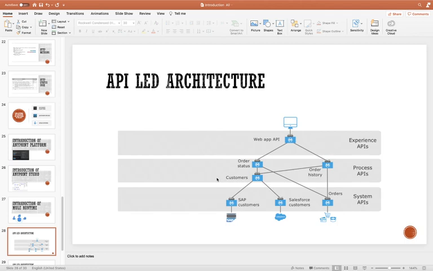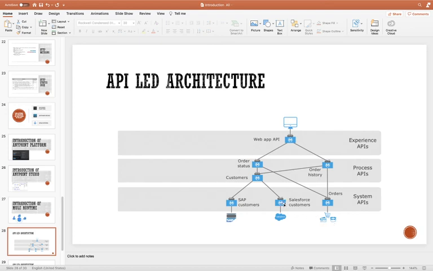Your first layer will be the system API. For example, in a single functionality you need to connect with 3 systems, so you will create 3 system APIs to connect with each external system. The system API is responsible for connecting with an external system.